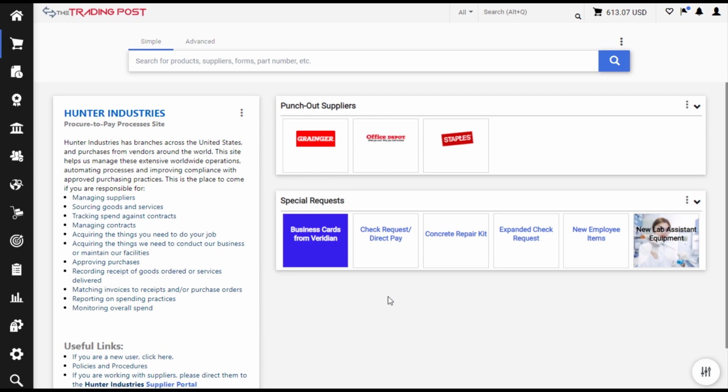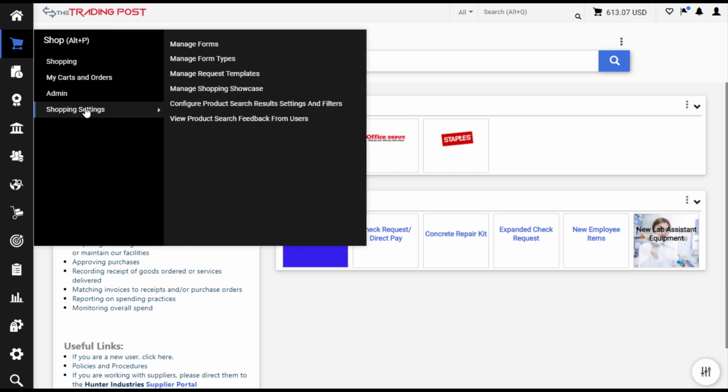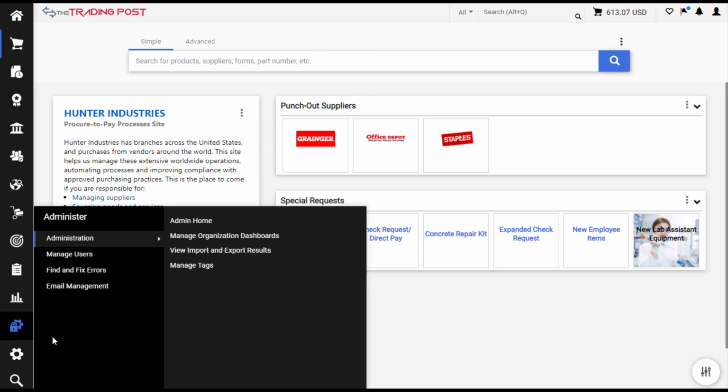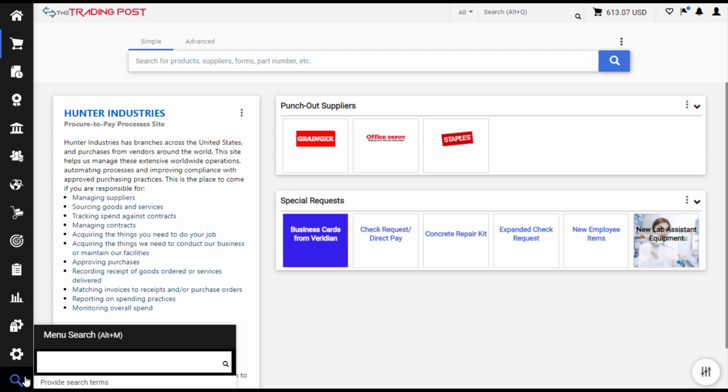user has. The only change to what's found where is for e-procurement clients, who will now find the shopping settings up under the shopping cart icon, where they more logically belong. Other than that, having moved from the admin icon, nothing else has changed in terms of where you'll find functionality. And of course, you still have the menu search option at the bottom to find anything that you have